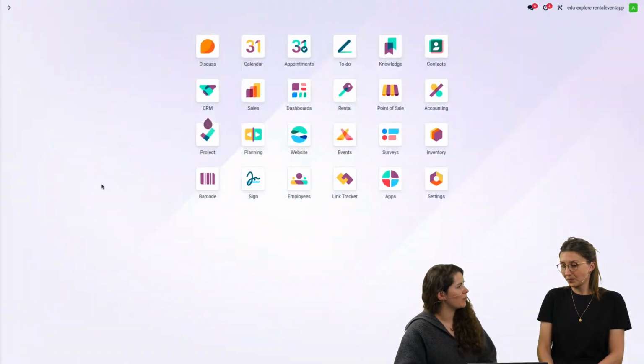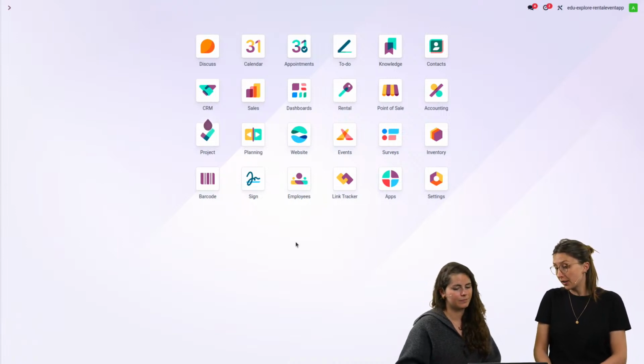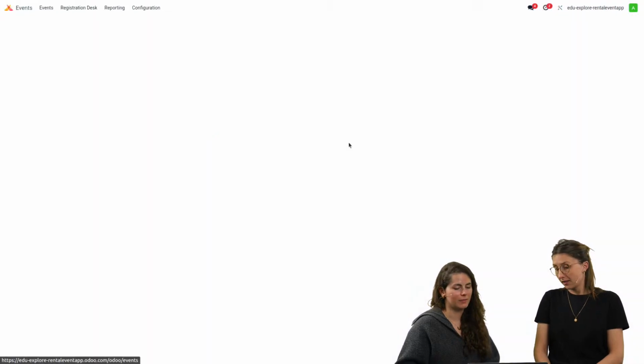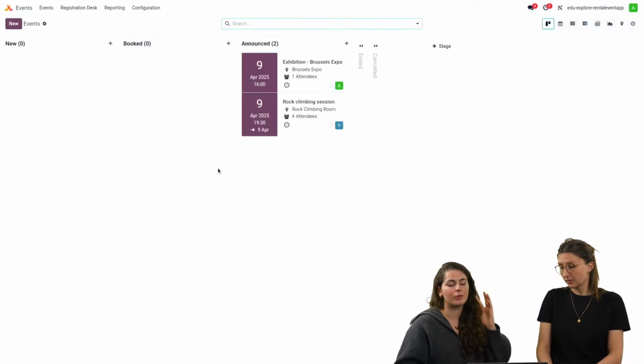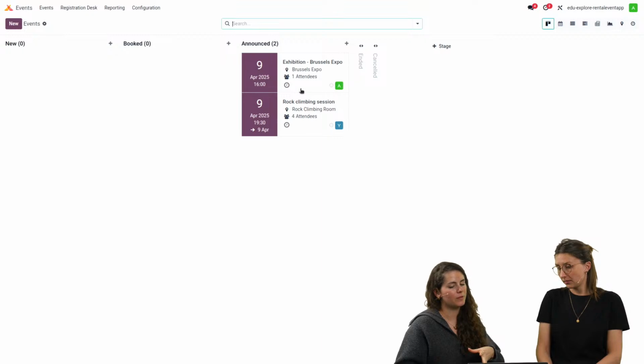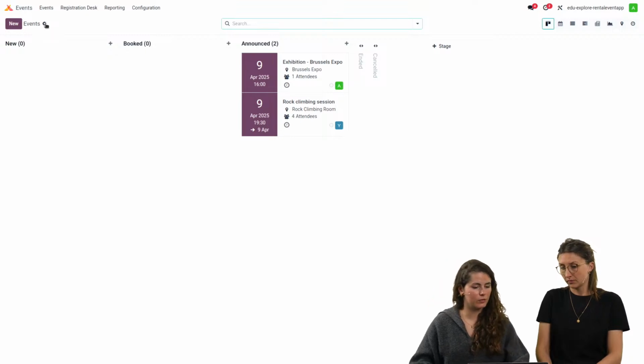So what do you think of those two solutions? Yes, I think it would be a good solution, but how would you manage then in event the recurrency of every Wednesday? Yeah, so in events, the recurrency, you cannot really manage it from the event in itself. So you would need to create each event for each Wednesday. Or what you can quickly do is also to